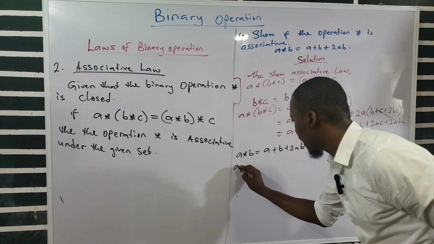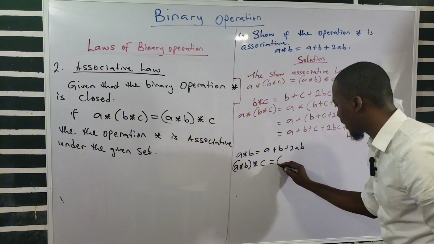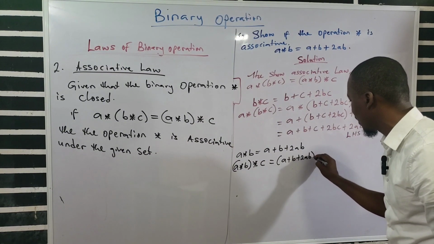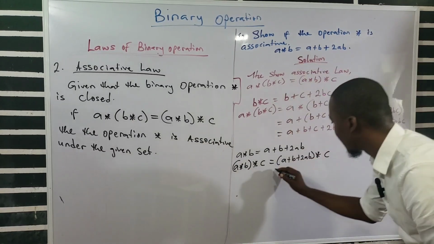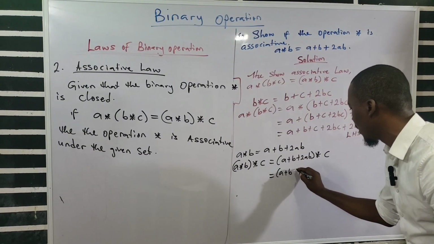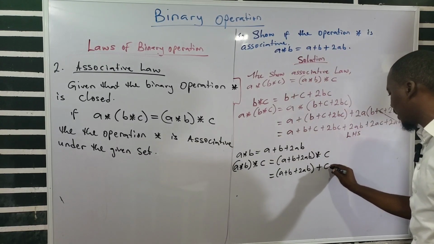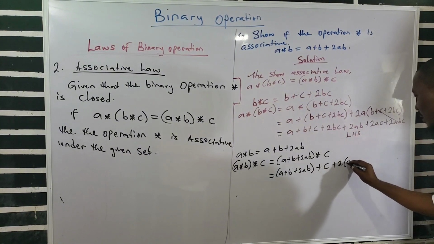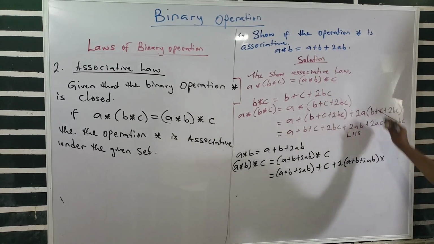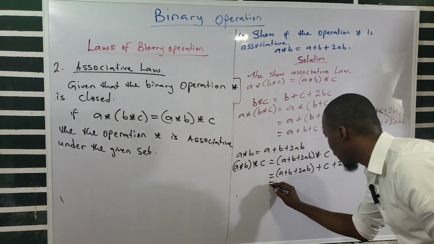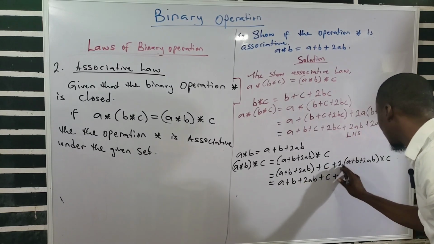The next thing now is that A binary B binary C equals, we have already gotten this one as A plus B plus 2AB binary the third term, which is C. So obeying this rule of combination, the first term, which is A plus B plus 2AB, plus our second term here, C, plus 2 of our first term, A plus B plus 2AB, times our second term, which is C. So we open this bracket, we have A plus B plus 2AB plus C plus 2AC